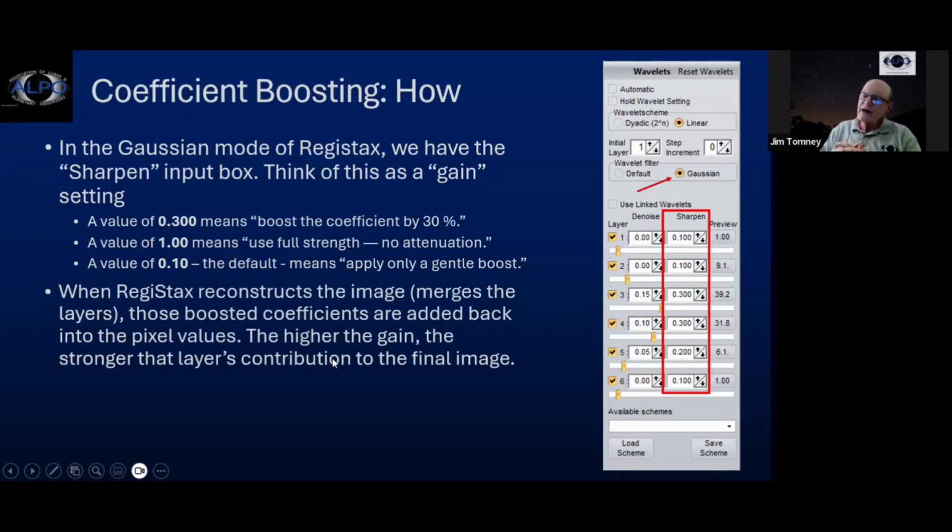So when RegiStax then goes and reconstructs your image, so it merges those layers back together, those boosted coefficients are added back into the pixels, and the higher the gain, the stronger that layer's contribution to the final image. So we can see here the contribution by layer 3 is going to be 3 times that of layer 1. So I did not touch layer 1